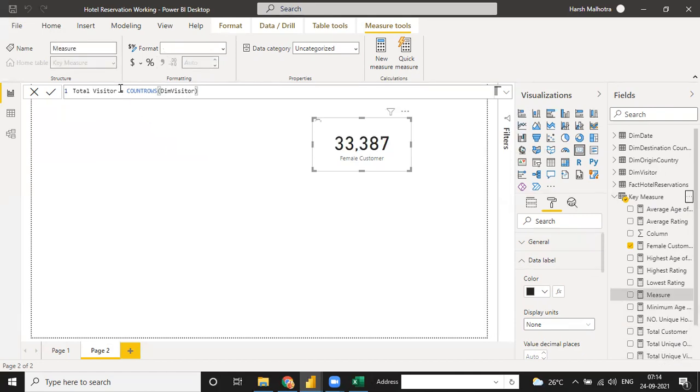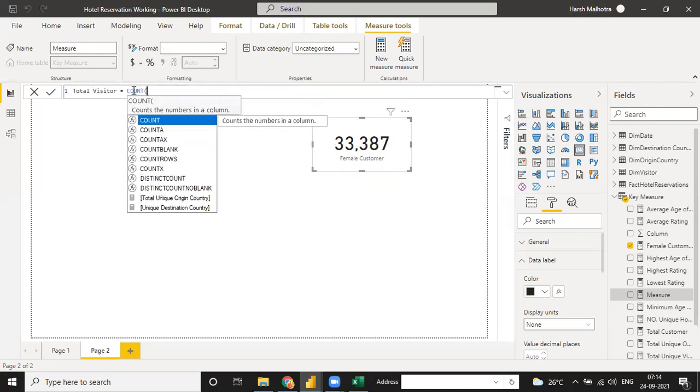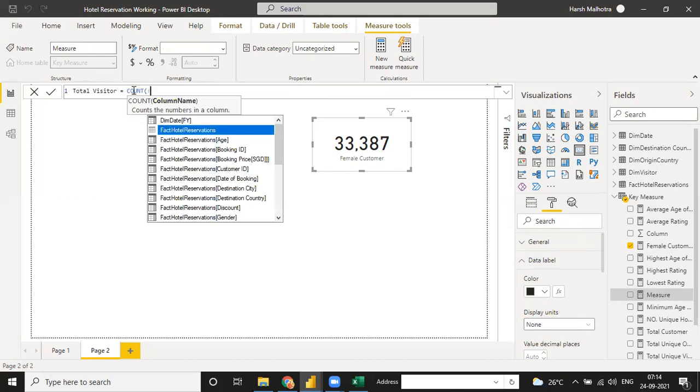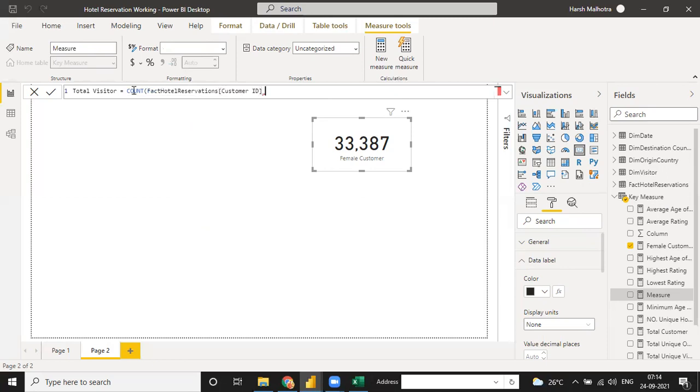like first we need a total customer. So for total customer, what do we do? For total visitor, you have to use a count function and give just the column name, which is fact and your customer ID.